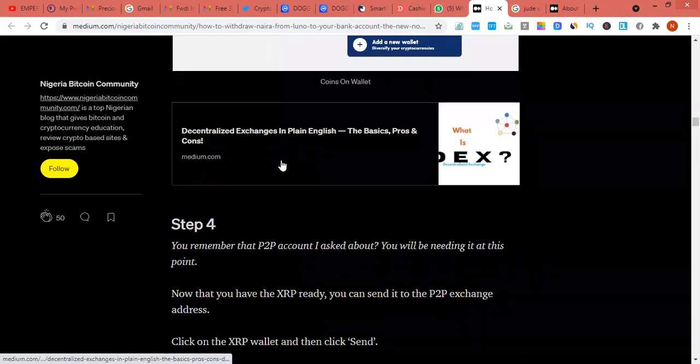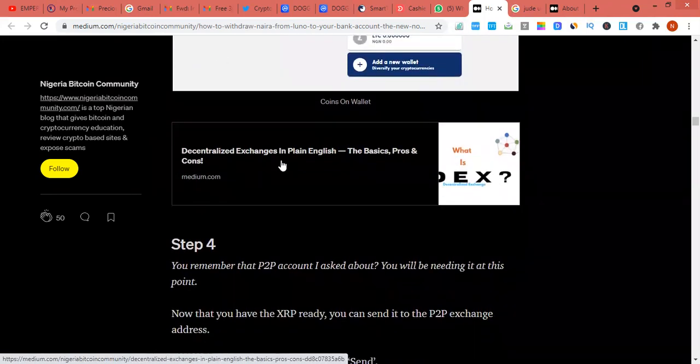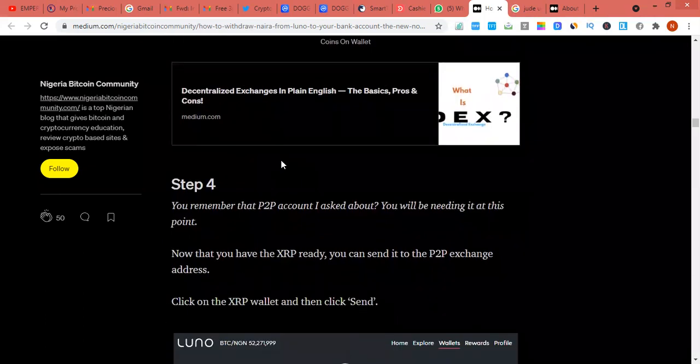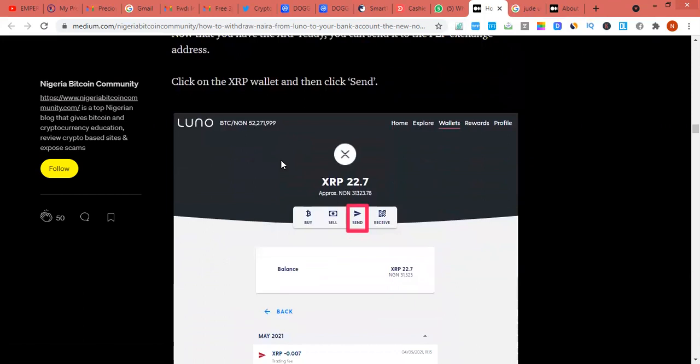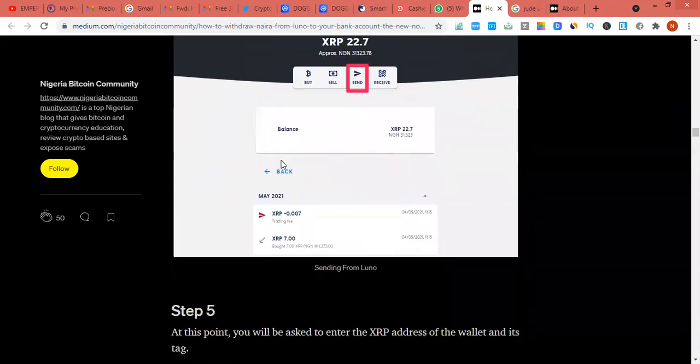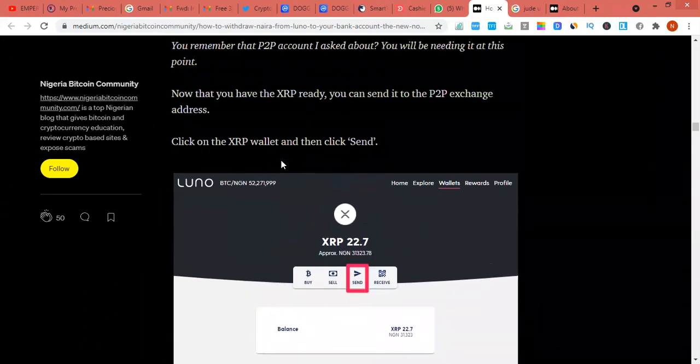So now remember that when you've done that, you will be needing this P2P account. Now once you have this Ripple, you need to send it out from the platform. Okay, now you need a P2P address. I can go to Binance. I need to check Binance right now, but